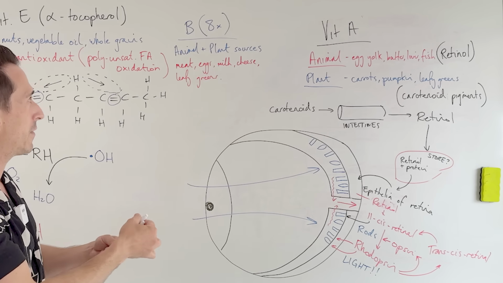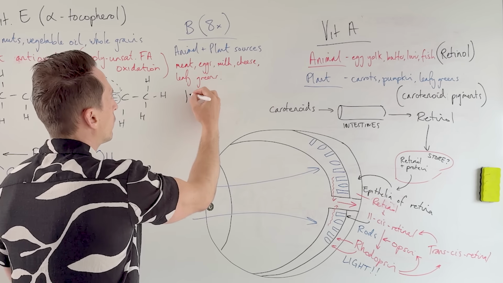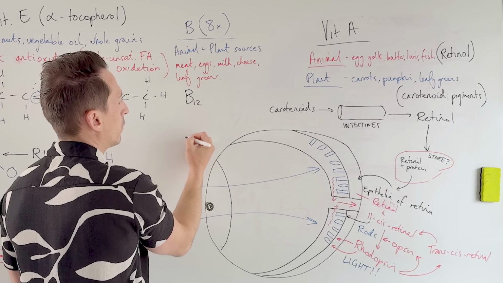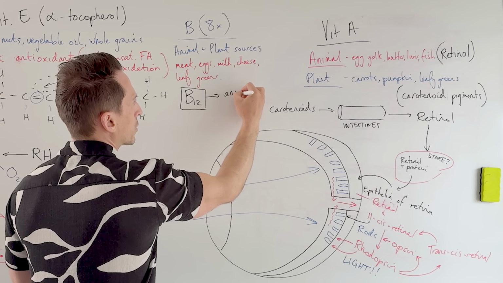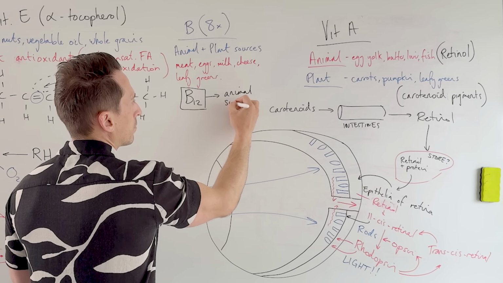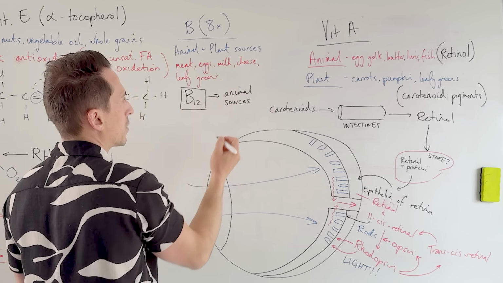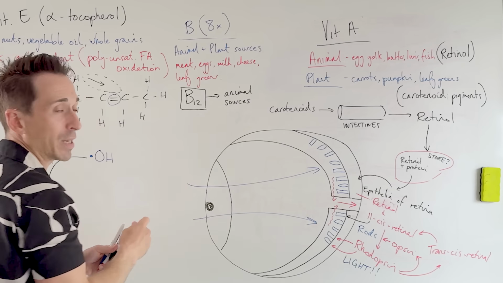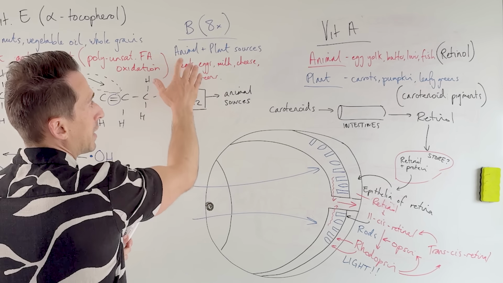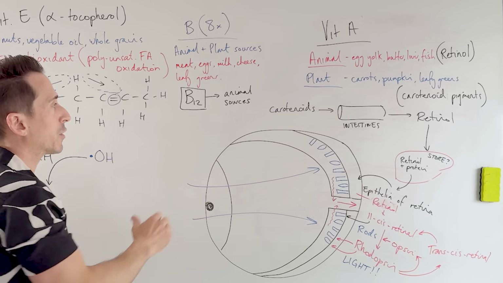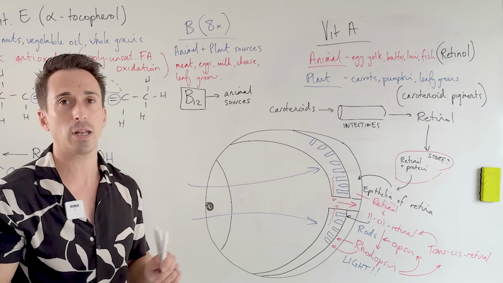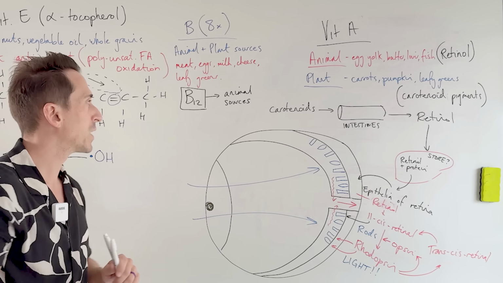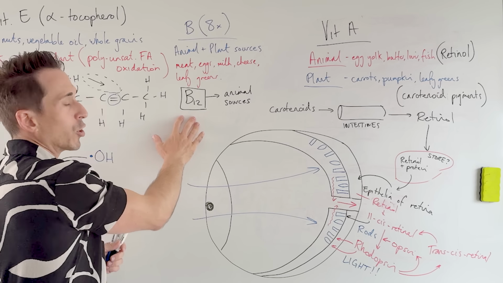However, one important caveat here is vitamin B12. Vitamin B12 can only be found from animal sources. So there are no plant sources for B12. So that needs to be obtained through meat, eggs, milk, cheese, things like that. So for those who are vegetarians or vegans, they may at some point become deficient in B12 without a supplement. So what do the B vitamins do?